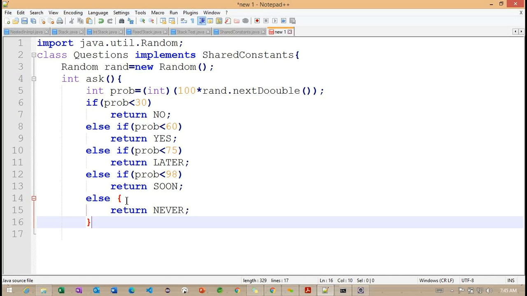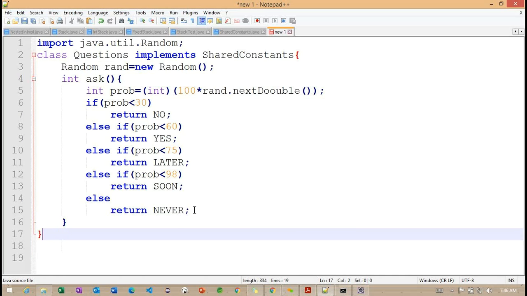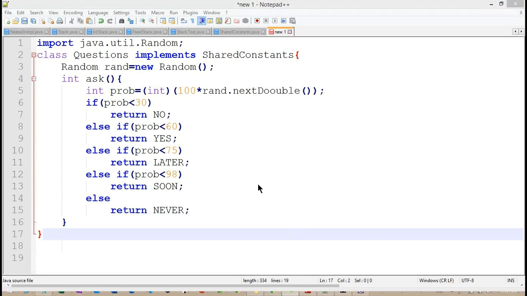Getting the point. So this is our method, and this is the class level brace. So we need to follow this class level brace and method level brace.